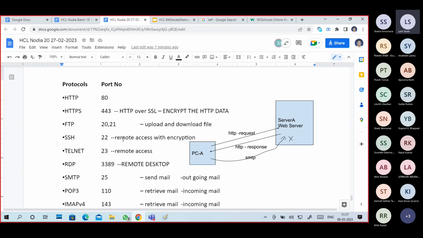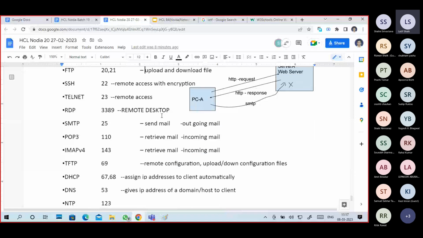So I have to use the RDP protocol, port 3389. These three are remote access protocols. SSH and Telnet are CLI, command line interface, and RDP is GUI, graphical user interface.